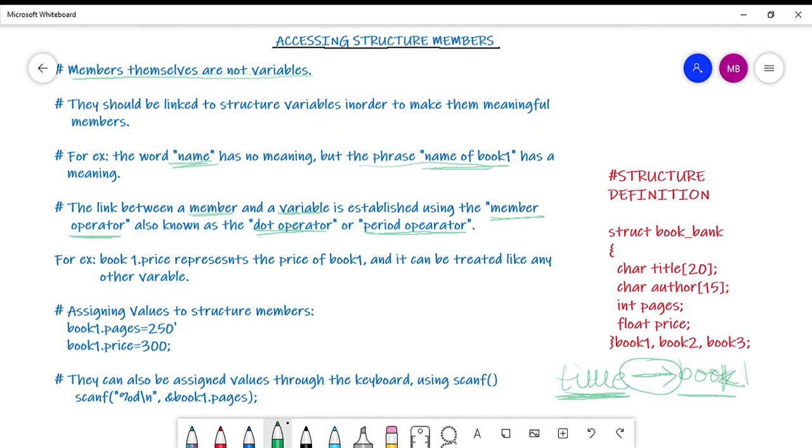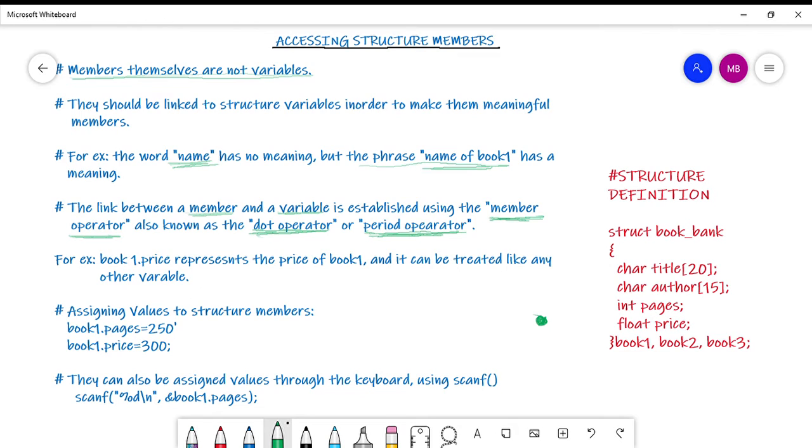It is with the help of the member operator, or you can call it the dot operator, or the period operator. So how does it look? This operator simply looks like a dot. This is what you call the member operator or the period operator or the dot operator.